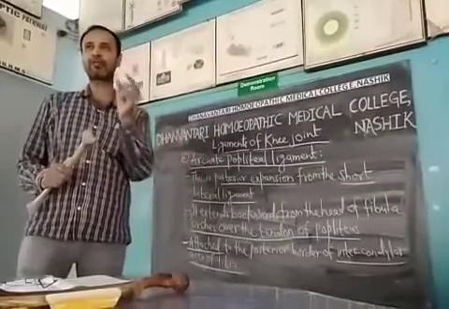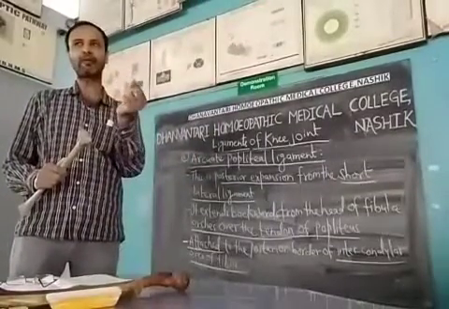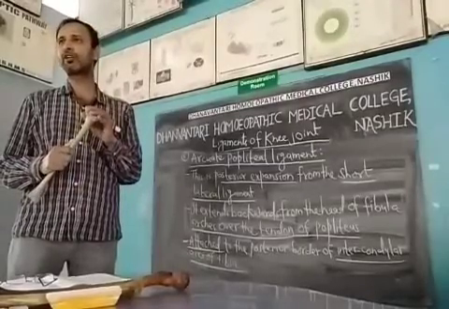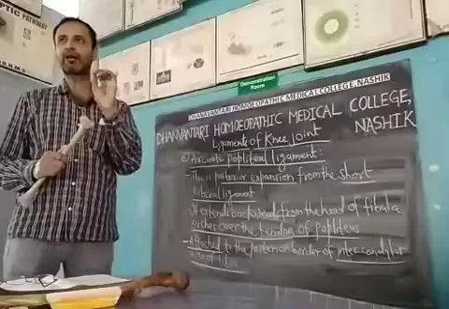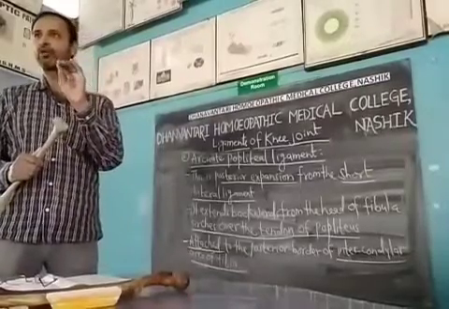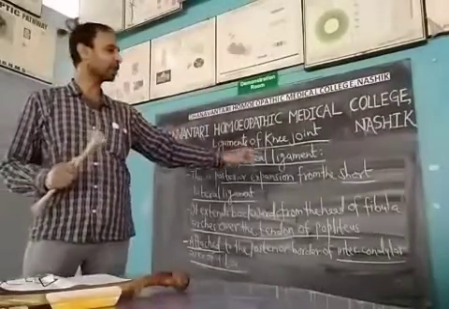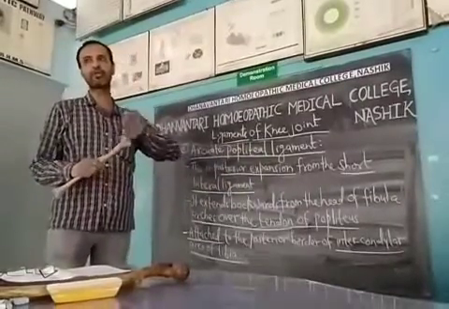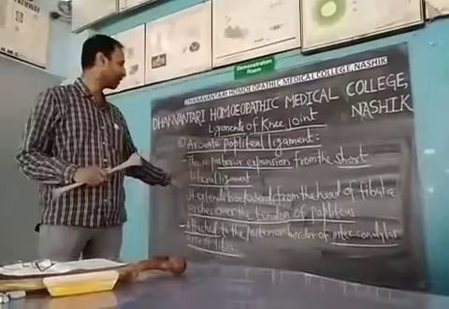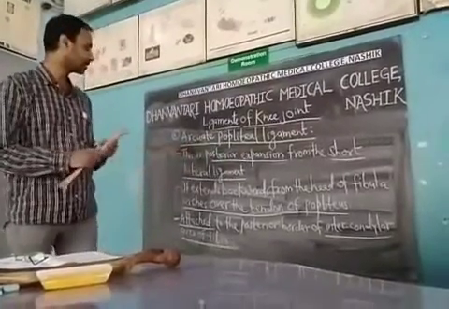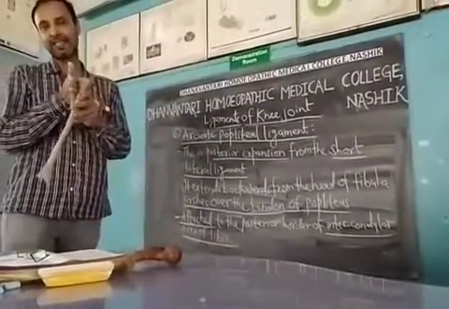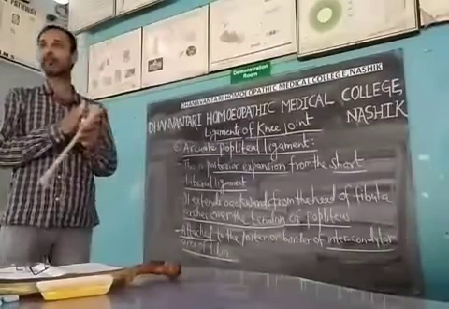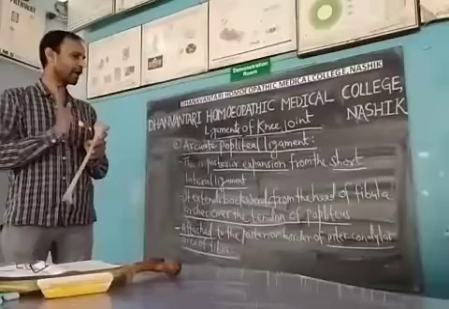The fibrous capsule becomes thickened in the part between the lateral condyle of the femur and the head of the fibula. So this part of the capsule becomes thickened, and that is called the short lateral ligament. This is a posterior expansion of the short lateral ligament, and it extends backward from the head of the fibula.